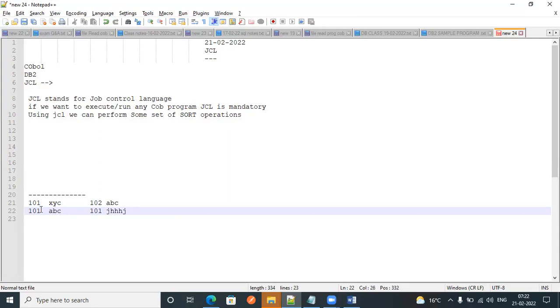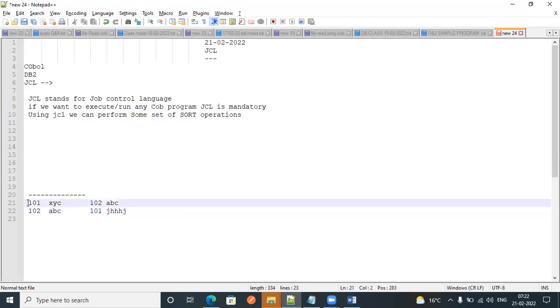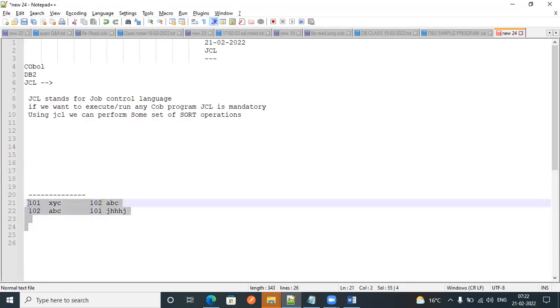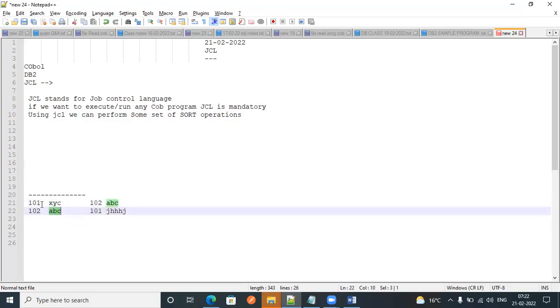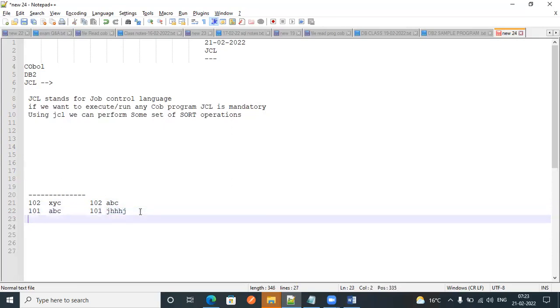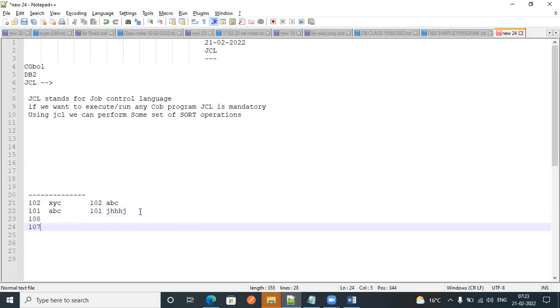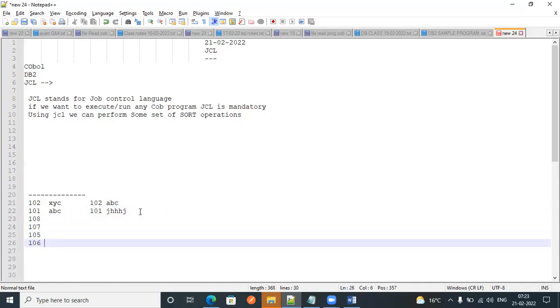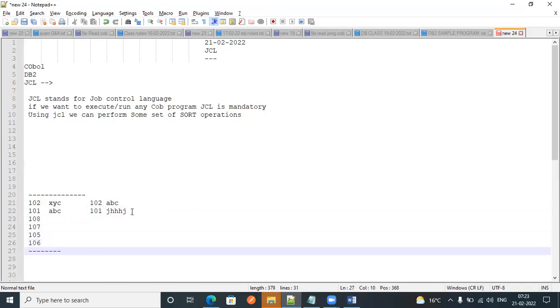Here, the first file's data should be in sorted order, based on the serial number first of all. So the data should be like this: 102, 101, 108, 107, 105, 106. Okay, let's assume this is our file.